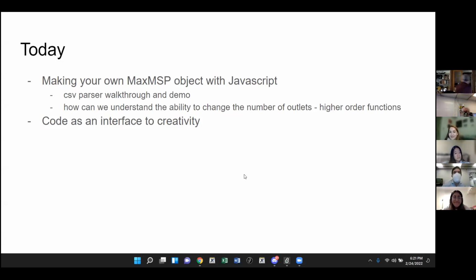So we're going to talk about this object that will walk through a CSV for us. Nothing super fancy, but it really sets the ground for you to do some cool stuff, hopefully. We're going to talk about how that's built just a little bit. I don't want to go into too much depth because I know not everybody cares about that, but I want to keep that door open for you. And then we're going to talk about changing the number of outlets and the implications of that, which is vast, actually. And then we'll talk more generally about code as an interface to creativity and some of my research